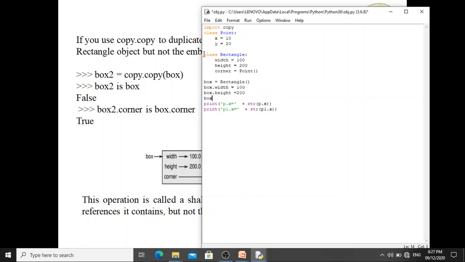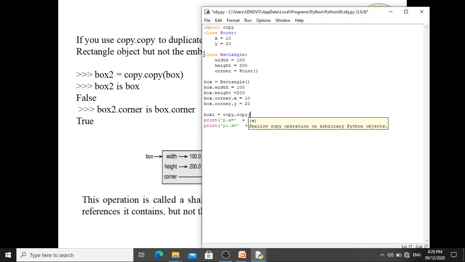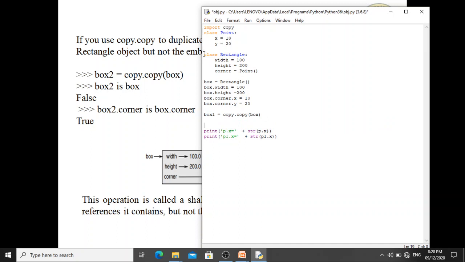Now box.corner.x equals 10. Box.corner.y equals 20. Now we'll define one more, box1, which is equals to copy.copy of box.